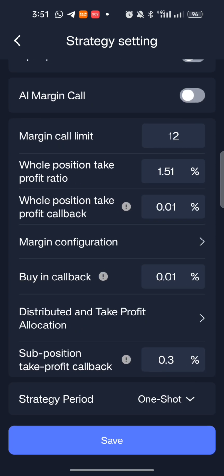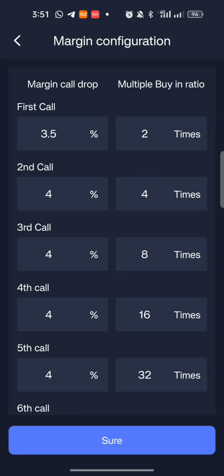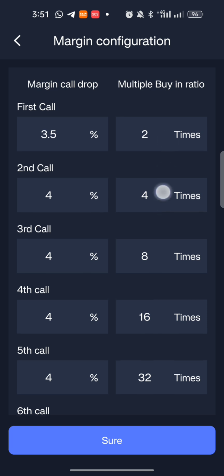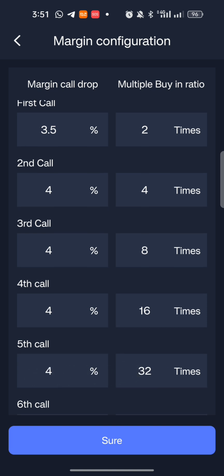The next place you come to is margin call. You can see the margin call here. Click this arrow, and it is going to bring this to you. Now you're going to change. We have the right hand side and the left hand side. This is the left hand side, and this is the right hand side. This is where we're going to set our margin. On the right hand side, you can see this is first call. Between first call and fifth call, you change it to